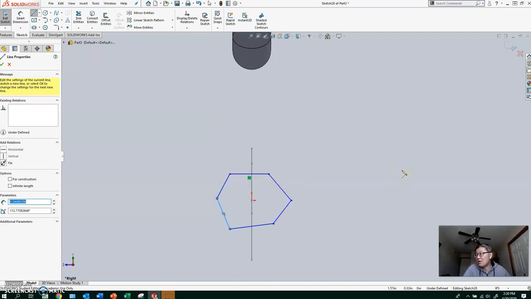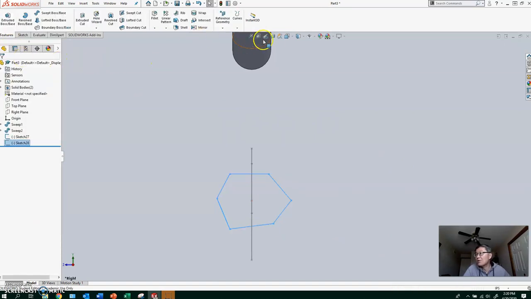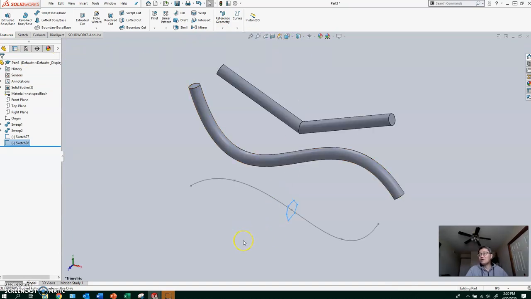Okay. Once this is done, we finish this. I'm going to exit the sketch. Okay. I'm going to go to view orientation. Click isometric view. Now, you notice that I just created a path, and also a profile. Now I want to extend the profile along the path to make this irregular shape, the rod with an irregular shape of profile. Okay. Once this is done, make sure you click somewhere else on the screen,